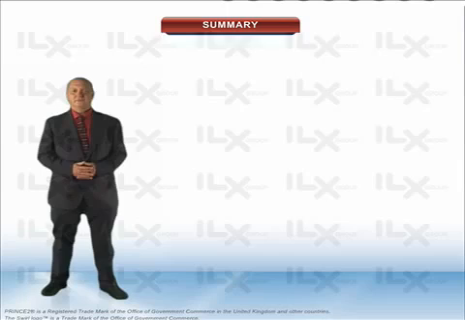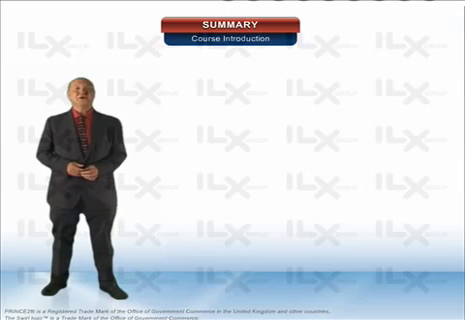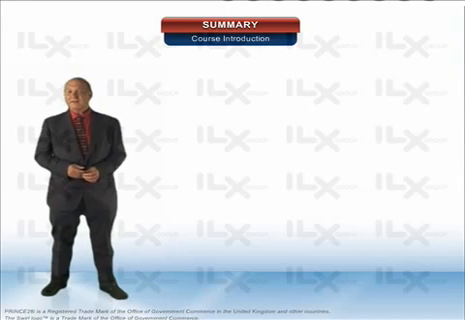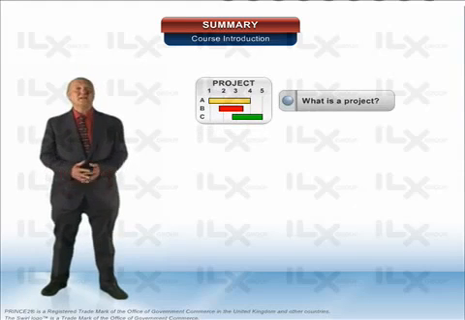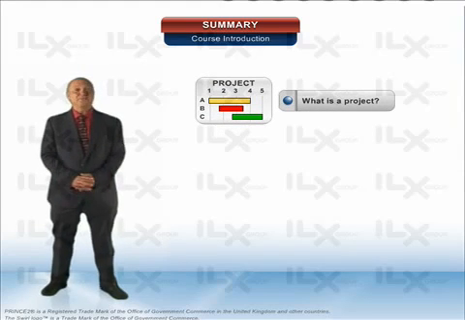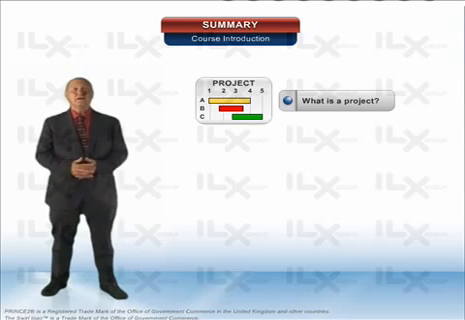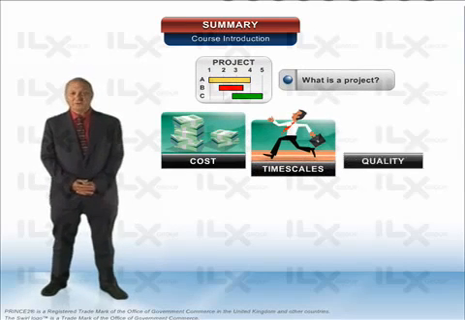This brings us to the end of Session 1. In this brief introductory session, we have seen what a project is as defined by PRINCE2, and we have seen the six variables of a project as recognized by PRINCE2, namely costs, timescales, quality, scope,